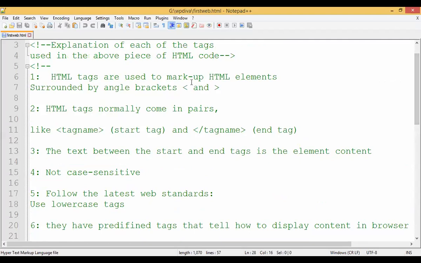All whatever HTML tags you are going to include are used to mark up HTML elements surrounded by angle brackets. So when you write this HTML, what is needed? First thing is that you preferably choose lowercase when you are doing HTML, right? So this is called an opening less than symbol, and this is called a greater than symbol. What are these? These are called tags. All the markup tags, whatever HTML tags are coming, are coming in this format only.